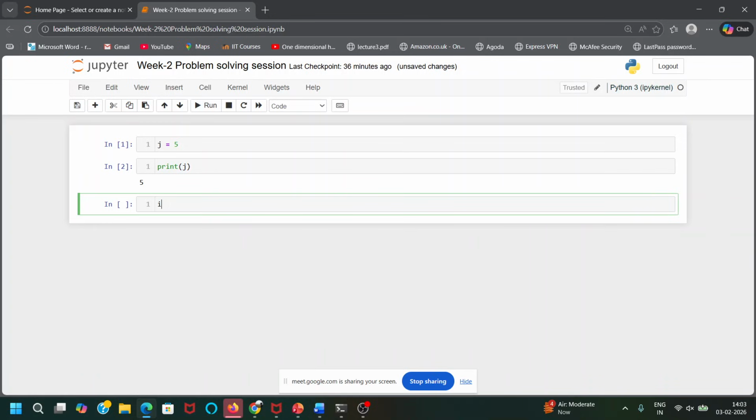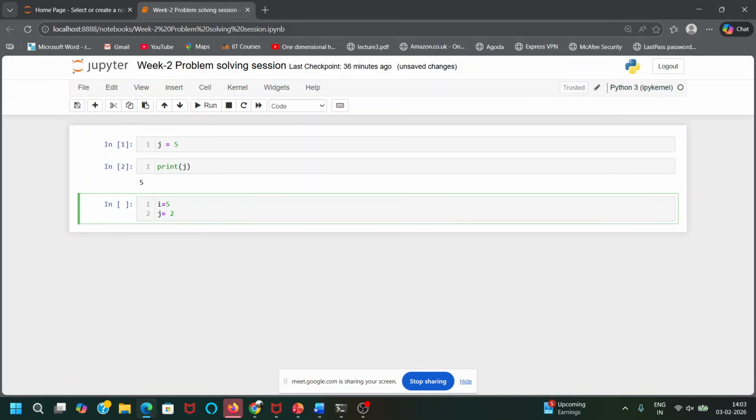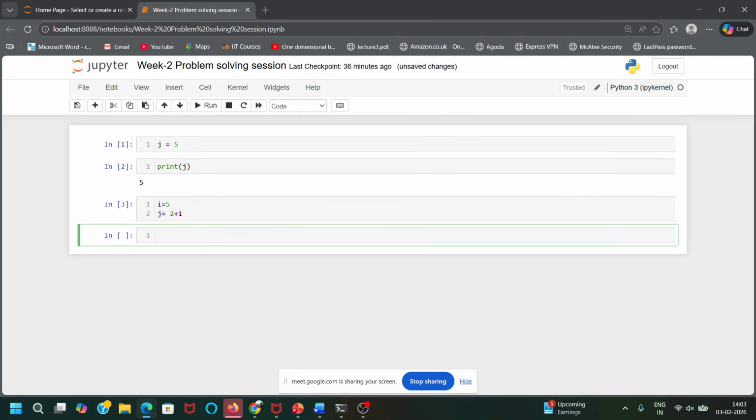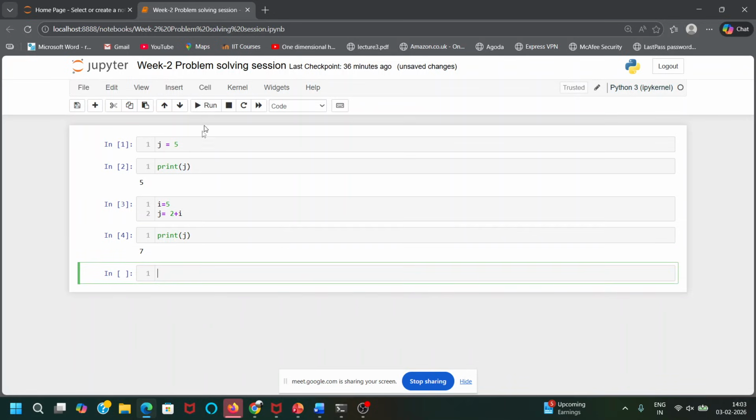Like you can define I is equal to, let's say, 5, and J is equal to 2 plus I. So what happens is J is taking the value of I and adding 2 to it. You can run it, and then print J again. You can see this value is 7.